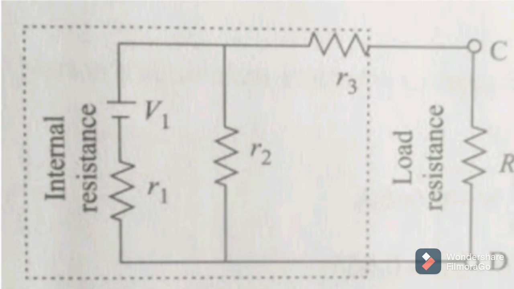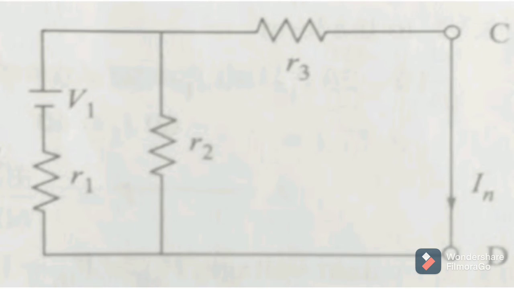For example, let's take the following circuit in which a load resistance is connected across the terminal CD. Apart from this, in the circuit R2 and R3, two resistors, are connected separately. A voltage source is also connected in the circuit whose internal resistance is R1. So friends, according to the first step, after removing the load resistor from the circuit and short circuiting it, the current will flow like this, which is the Norton equivalent current In.